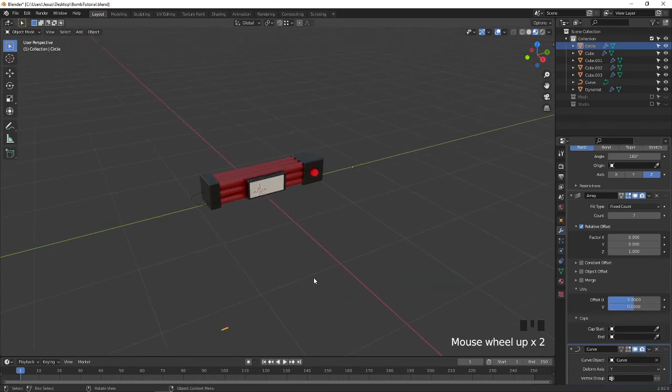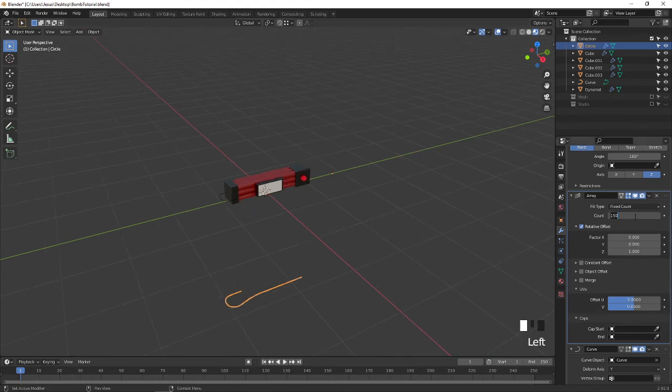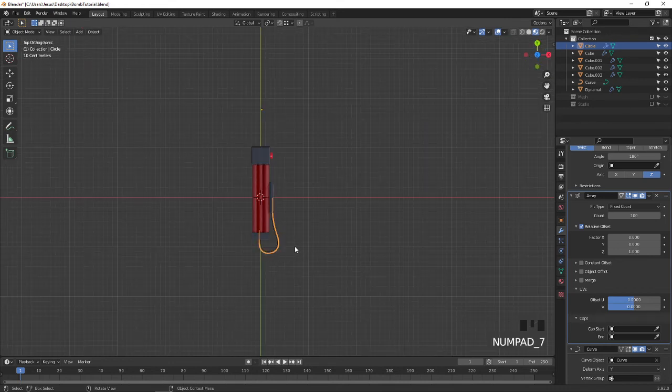We have to see in Y it came correctly. I am going to increase the array. I am going to make it 150. 150 is more, I think. 100. Yeah, this looks fine.